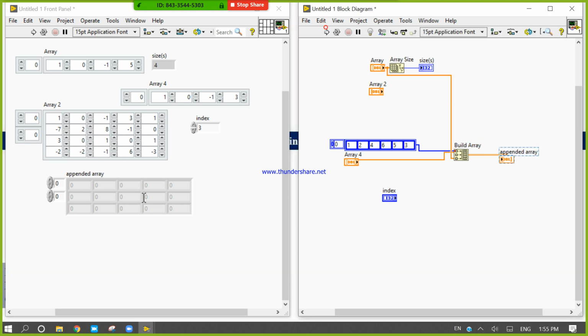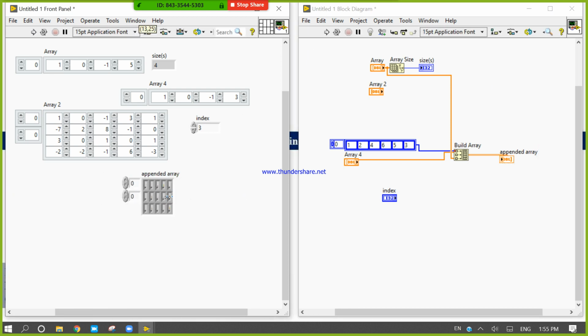Now if I run it, look here, if I press the run button, in the first row this one is present, in the second row this one is present, and in the third row this one is present. Let's change the value.